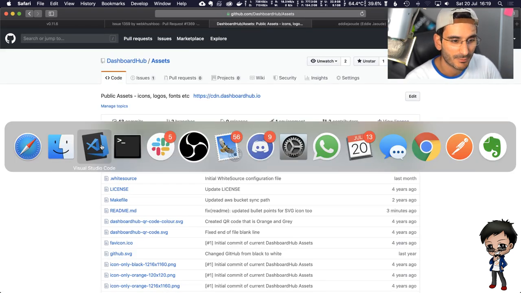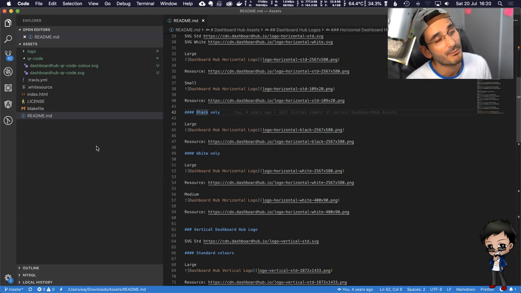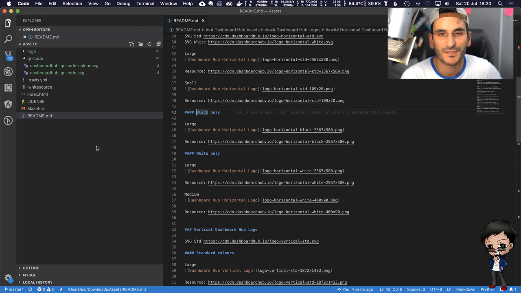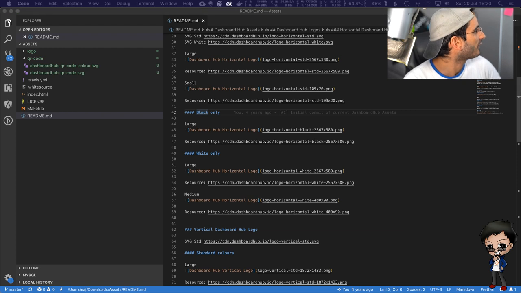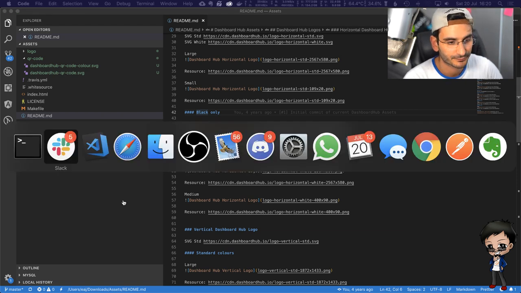Let me go back. I probably could do this from VS Code. No, I can't because I have an SSH key with a password. So I don't know. There must be a way to figure that out with VS Code, but I won't bore you and do that with you now. But we'll figure out how to do that. So I'll do it on the command line for now.